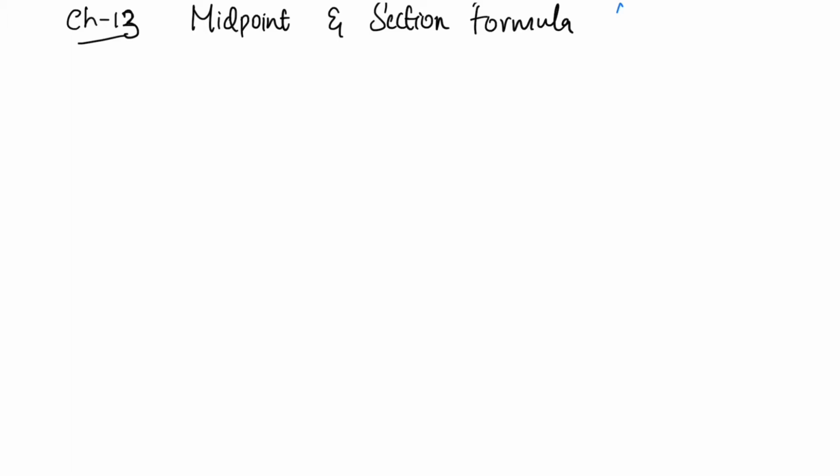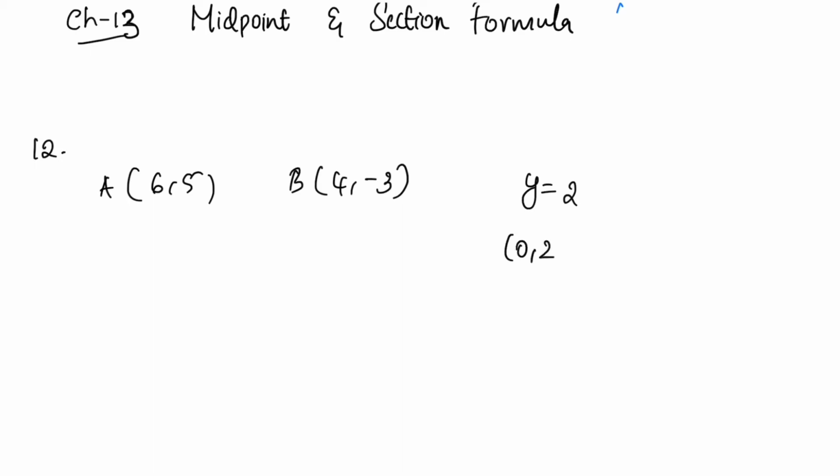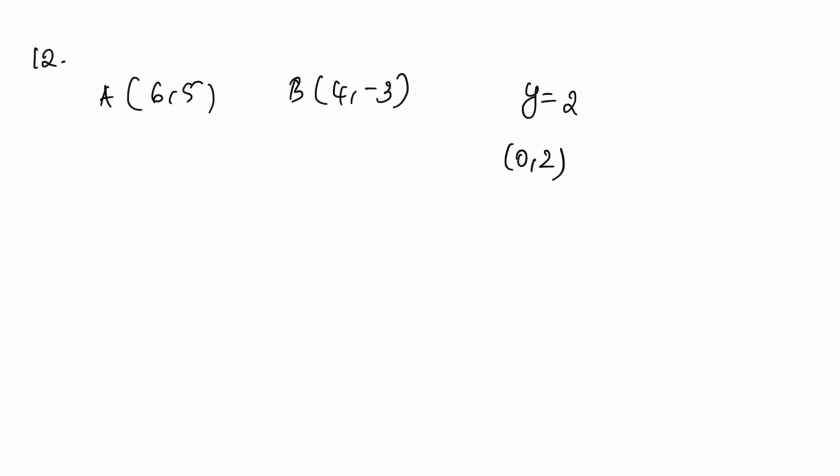So coming to the 12th question, calculate the ratio in which the line A(6, 5), B(4, -3) is divided by the line y is equal to 2. If it is divided by the line y is equal to 2, then the point will be what? (0, 2). So how can we solve it? We can directly write (0, 2) equal to